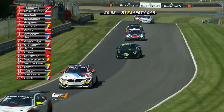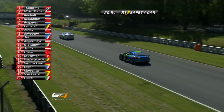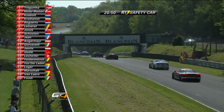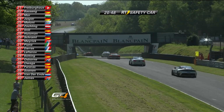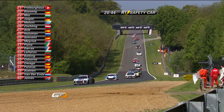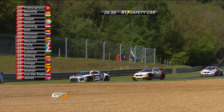The Brands Hatch medical team will just make sure that Ricardo is okay, and trips to the medical centre will be undertaken. And that's part of the course now. It happens whether it's a minor accident or a large accident. It's just to make sure the drivers are okay, but Ricardo is, seemingly. The real question is whether that car can be made good for the second race, but